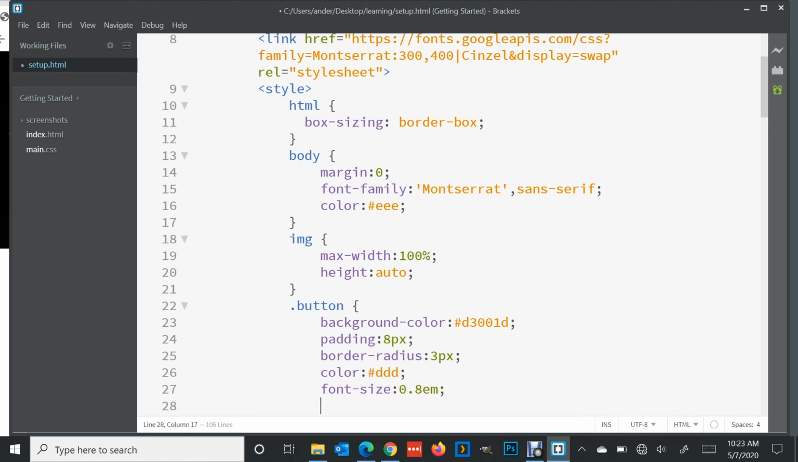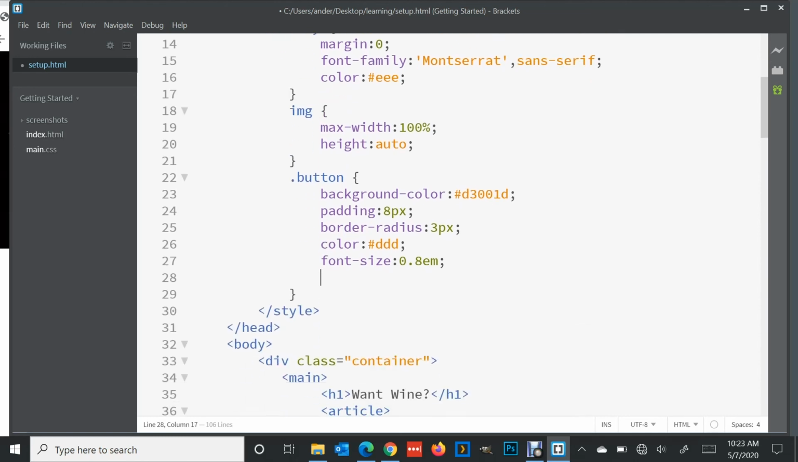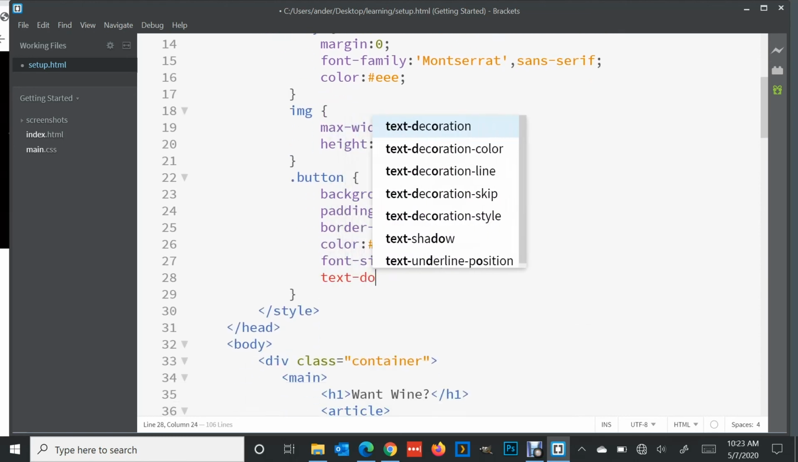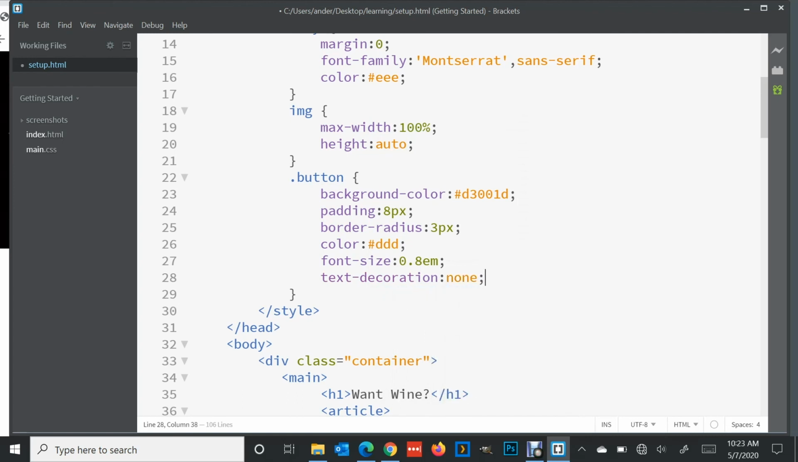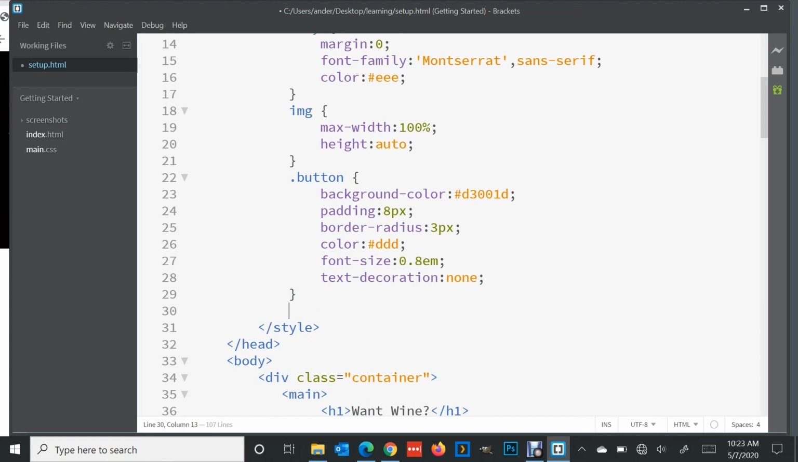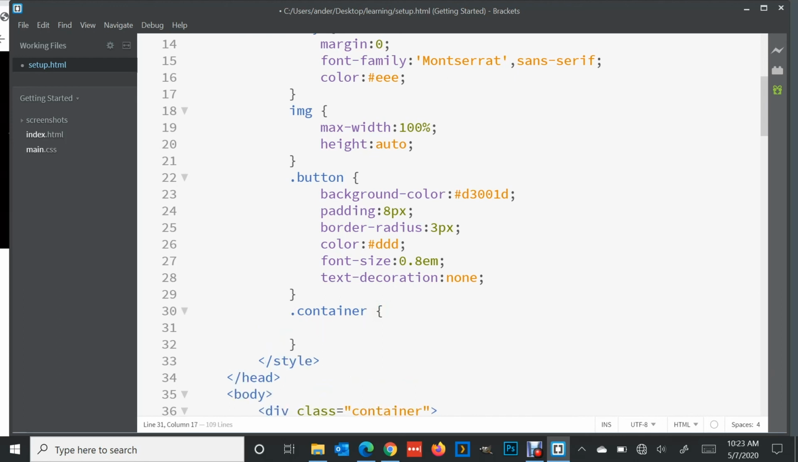And we want to remove any underline that might occur since it's going to be a link. Text-decoration: none. Next, we're going to do the basic grid layout for the master container grid. And we're going to begin that by doing the .container. Remember, this contains the entire layout. I said earlier it's going to be a very simple grid, so let's do